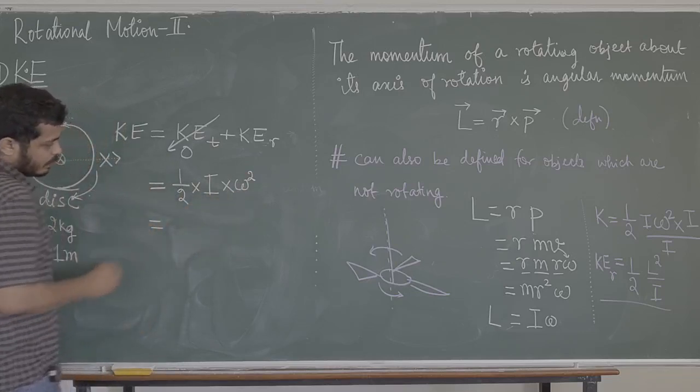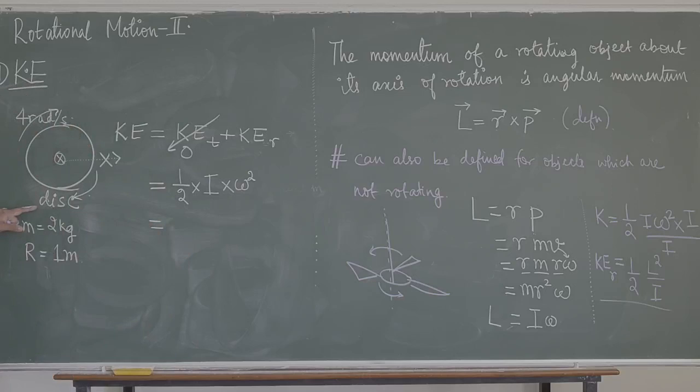So what is your moment of inertia? This thing is a disk. If you remember, the moment of inertia of a disk is equal to half mr square. Are you given the value of mass? Yes. Are you given the value of r? Yes. So you combine both of these. You will write half into the mass is equal to 2 kgs, so you just write 2. The radius is equal to 1 meter. Put 1 squared. So the moment of inertia is 1 kg meter square. No need of the units.